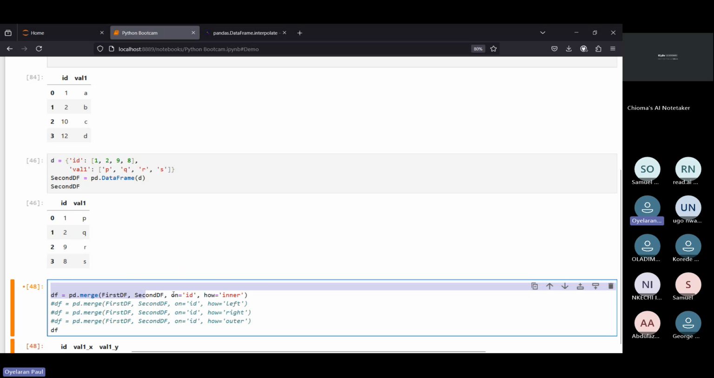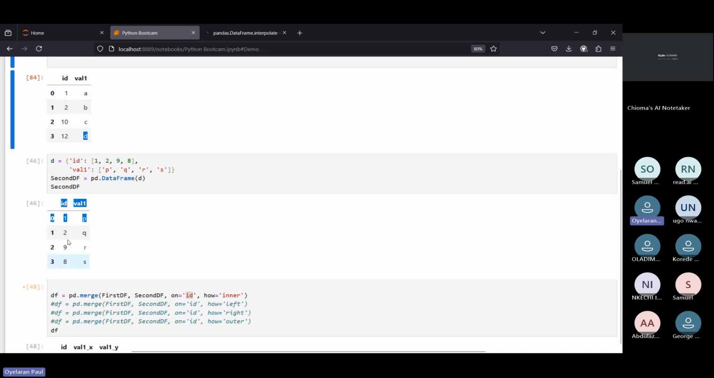Just like in Power Query, if you want to do a merge, you need to select the column you want to join on, which is where this on comes in. So I'm joining it on the ID column. Whatever column we put here must exist in both tables, and it must have the same name. It's equal to